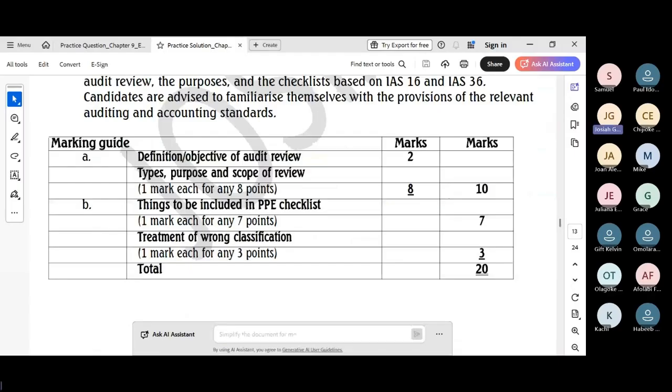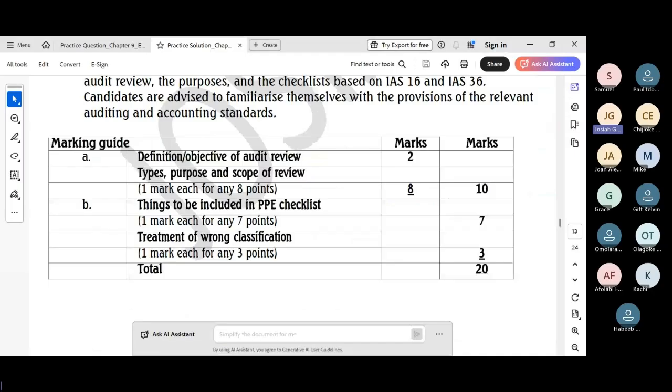The purpose is to obtain sufficient evidence to verify that the work performed and evidence gathered was sufficient and appropriate to support the conclusions reached. Another purpose is compliance, to ensure that the audit was conducted in compliance with relevant International Standards on Auditing and also statutory and regulatory requirements. Another purpose is to confirm consistency, that the financial statements reflect the application of appropriate and consistent accounting policies in accordance with the applicable reporting framework.